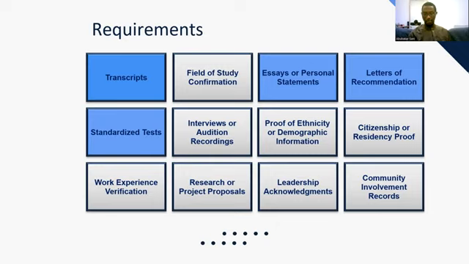So if you have experience, they will have to be able to verify that yes, you really do have the experience. Because if you are lying about the experience, they should be able to know so that they don't give you the scholarship. So they have to verify. You have to give them ways to verify.